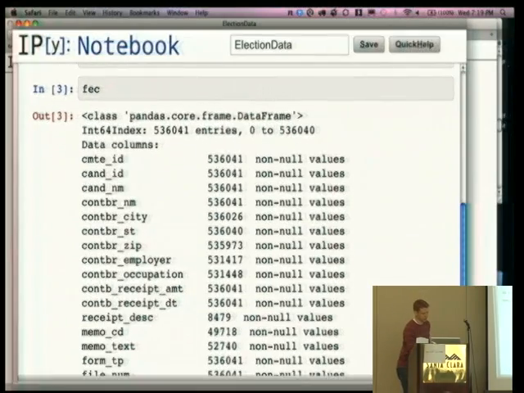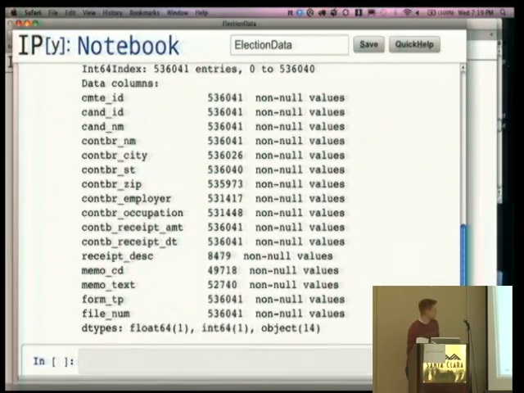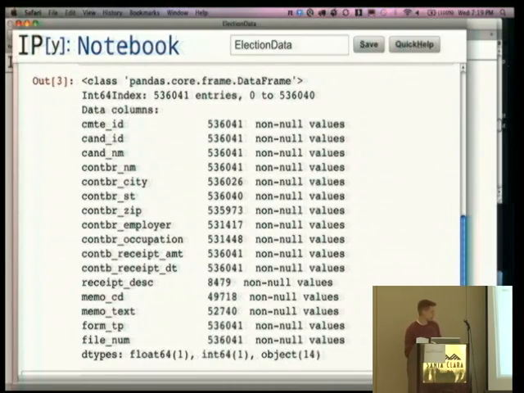Okay, so let me explain what's in this data set. Let me make this a little bigger. So this is the summary view of the data frame. It tells us the number of columns of each type. Most of these are string columns, which go through as object dtype columns in the data frame. The things that we really care about are the candidate name, the contributor state,